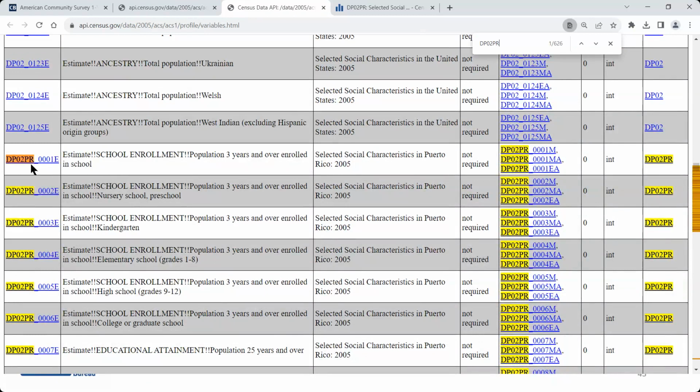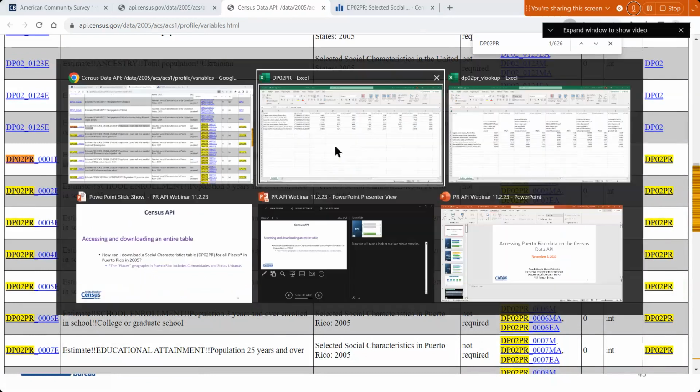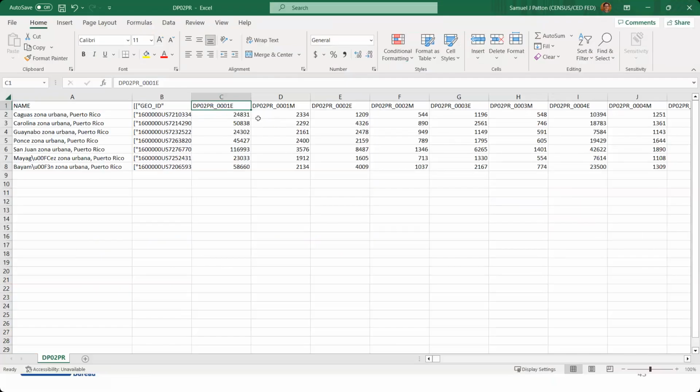So the first variable on the list, the one that ends in 1E here, is going to be the population for 3 years and over enrolled in school. So if I go back to my Excel file here, I'll see here, again, the first variable we see on the list, DP02PR underscore 0001E. This would be for the population 3 years and over enrolled in school for each one of these different zona urbanas here.